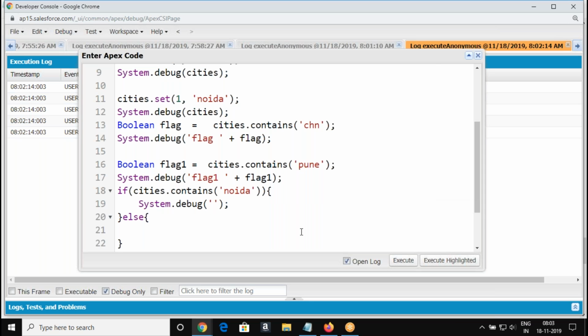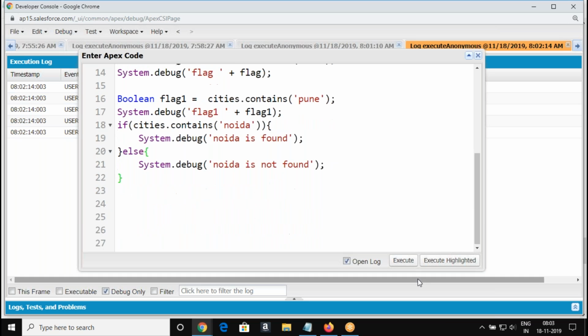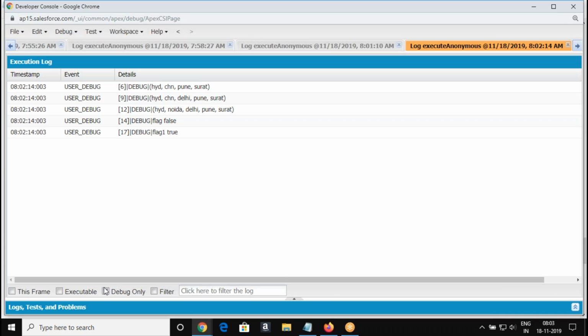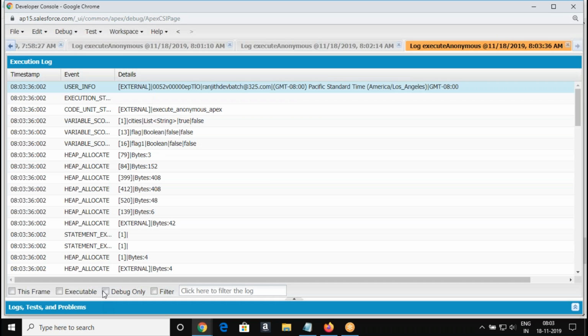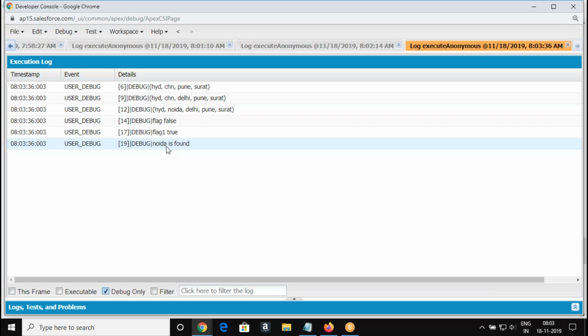In the if condition expressions, you will use this type of boolean method. So the node is found.